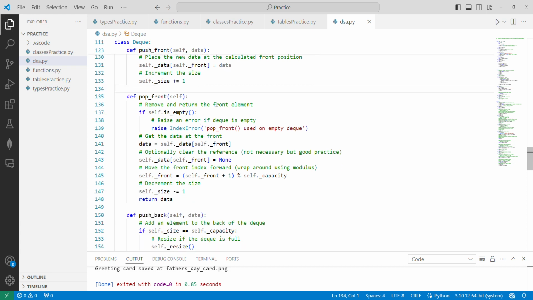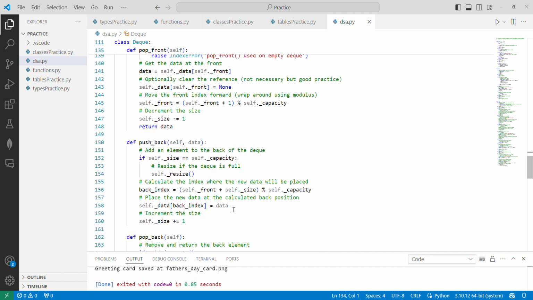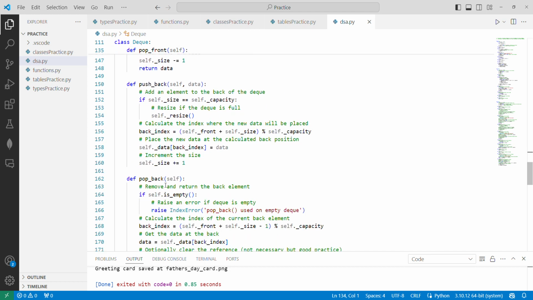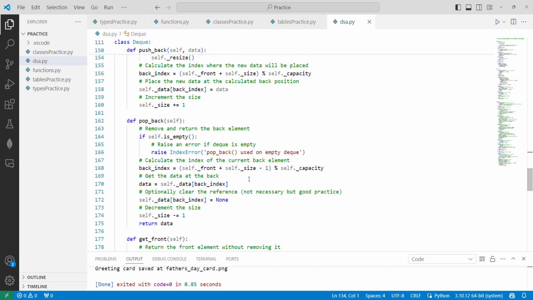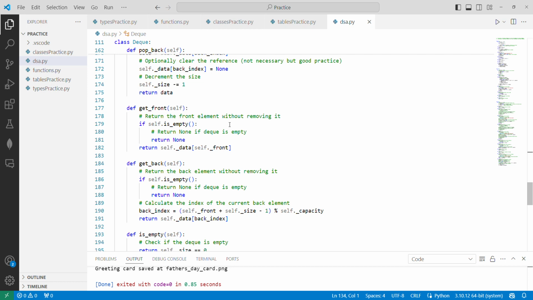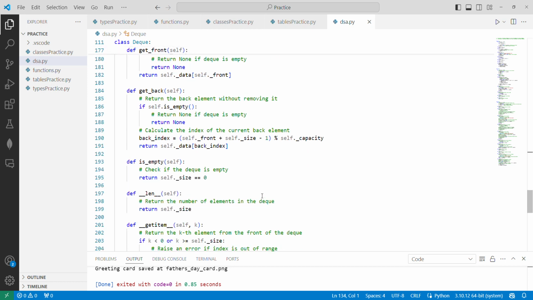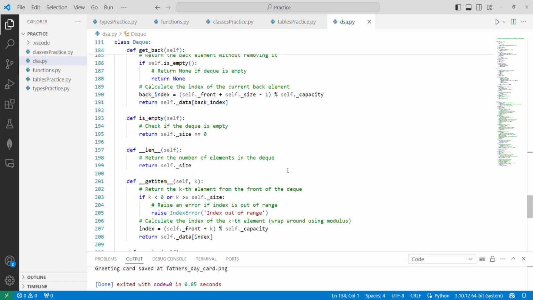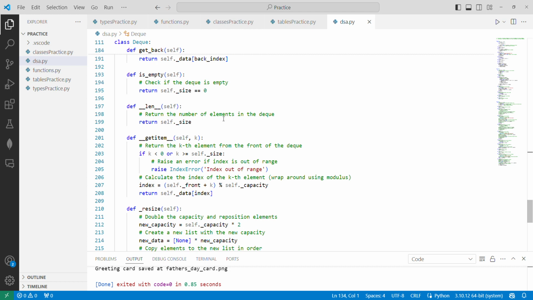We pop the front, which we just delete the value at the front. We push back, we add an element into the back of the deque, and we pop back. It's the exact same. We just delete an element from the back of the deque. We get the front element, we get the back element. We check if it's empty, the length of the deque, and here the getitem is a little bit tricky,